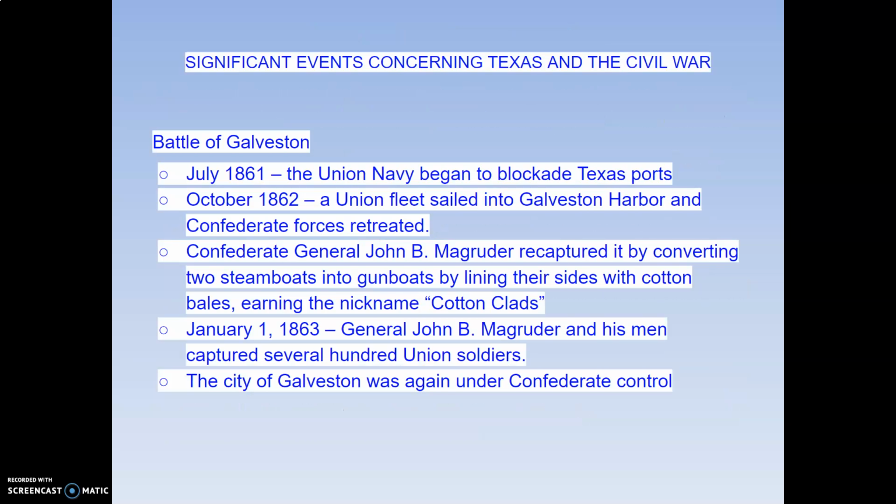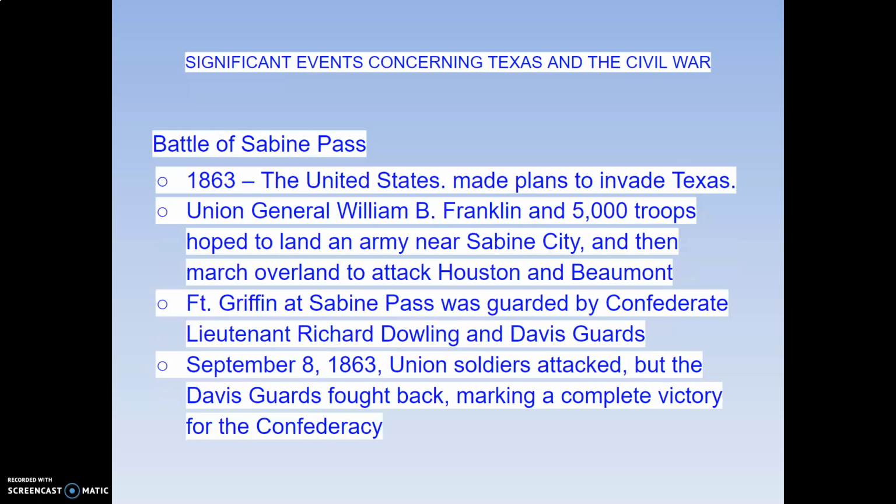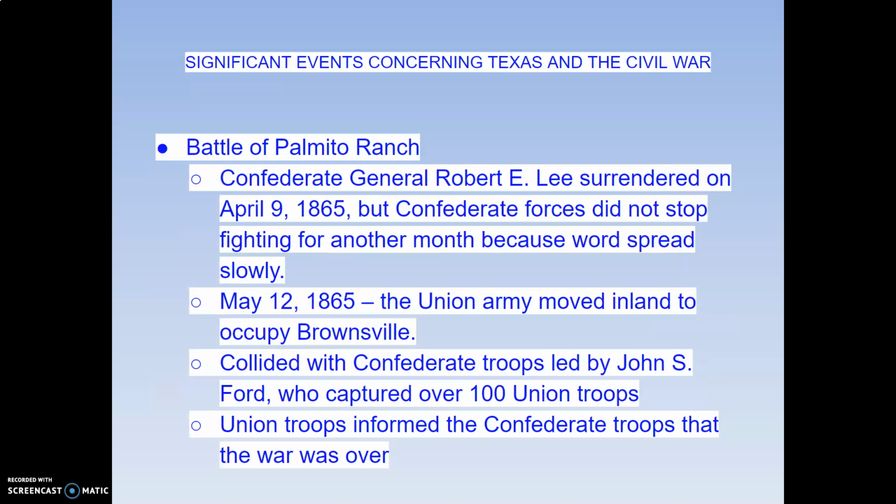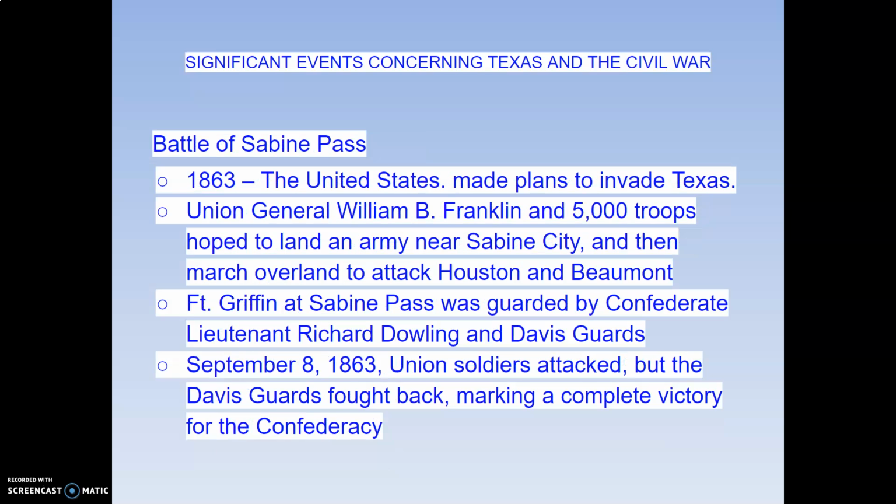All right, there are battles here that are going to be a part of this, and they are the Battle of Galveston, the Battle of Sabine Pass, and the Battle of the Palmito Ranch. Okay, and all these battles,